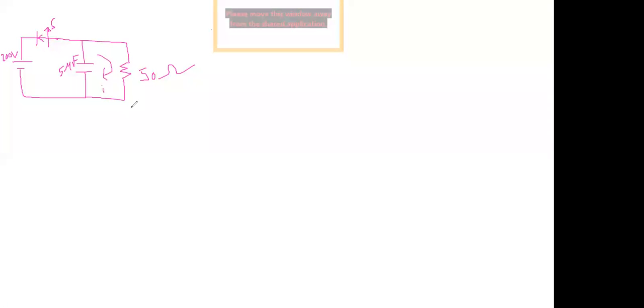What is the condition here? At t equal to 0, the switch is open. When the switch is open, it means this 200 volts is not connected to this circuit. Only a closed loop remains. Write the loop equation, the KVL equation: 50I